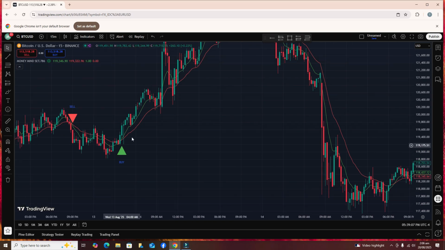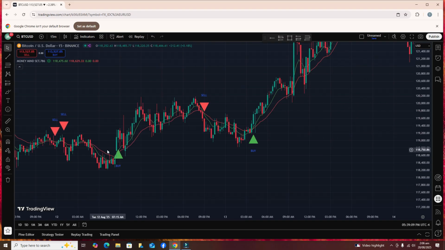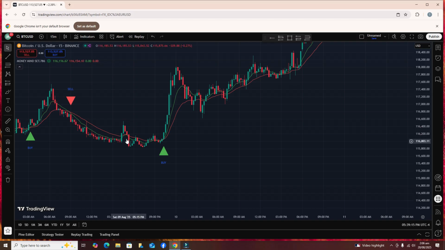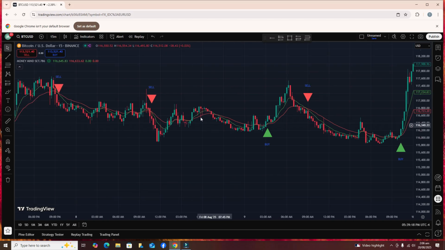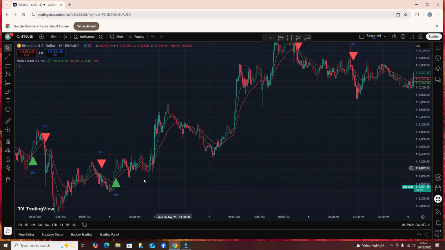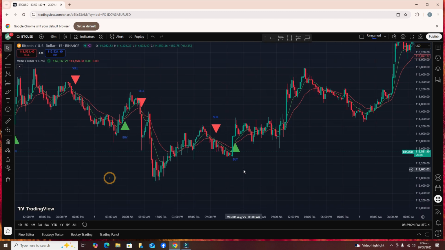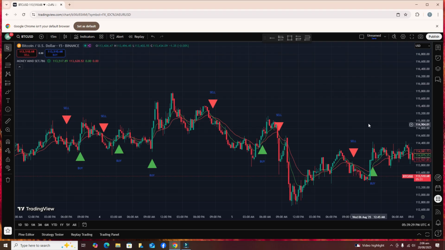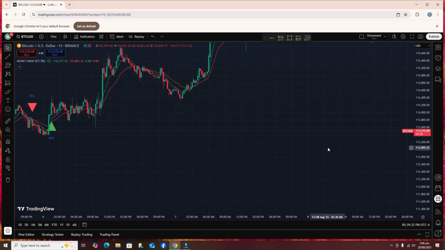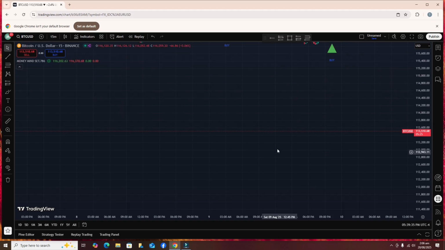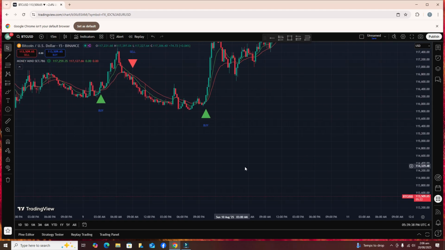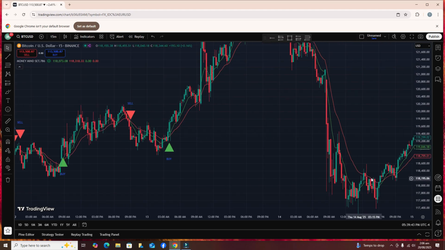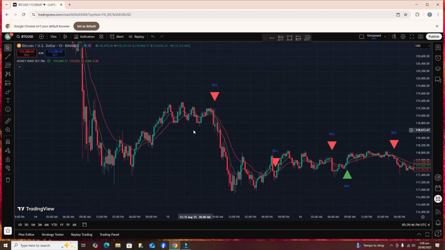See, buying signal here, sell signal here, and again buying and sell signals. These are profitable signals. You can see that after the market moves down, the buy and sell signals appear very clearly. This indicator is perfect for trading and can help you take profitable trades.